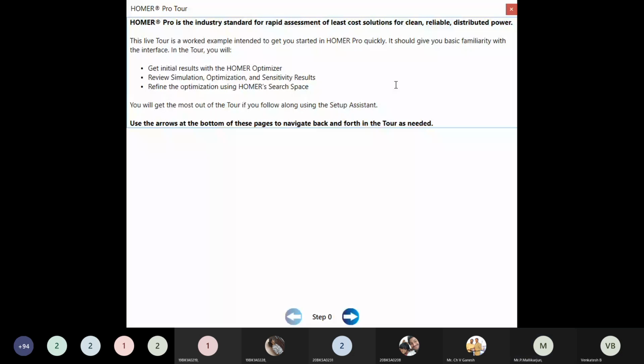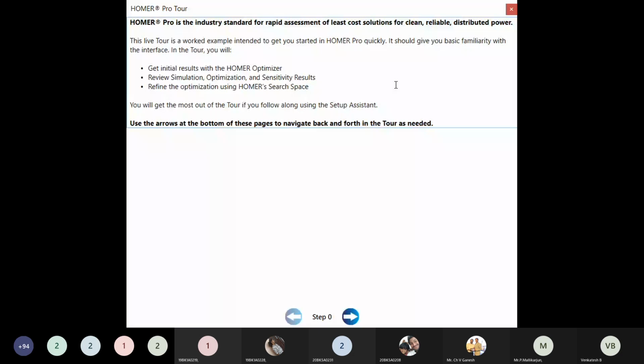Then we'll think about Homer search space. From Homer optimizer algorithm, we will get some idea what size we have to select, what is the rating of the units we have to select, what is the optimum sizing and all. Depending upon that, we can go for search space and fine tune the results according to our requirement and according to the optimum system conditions.